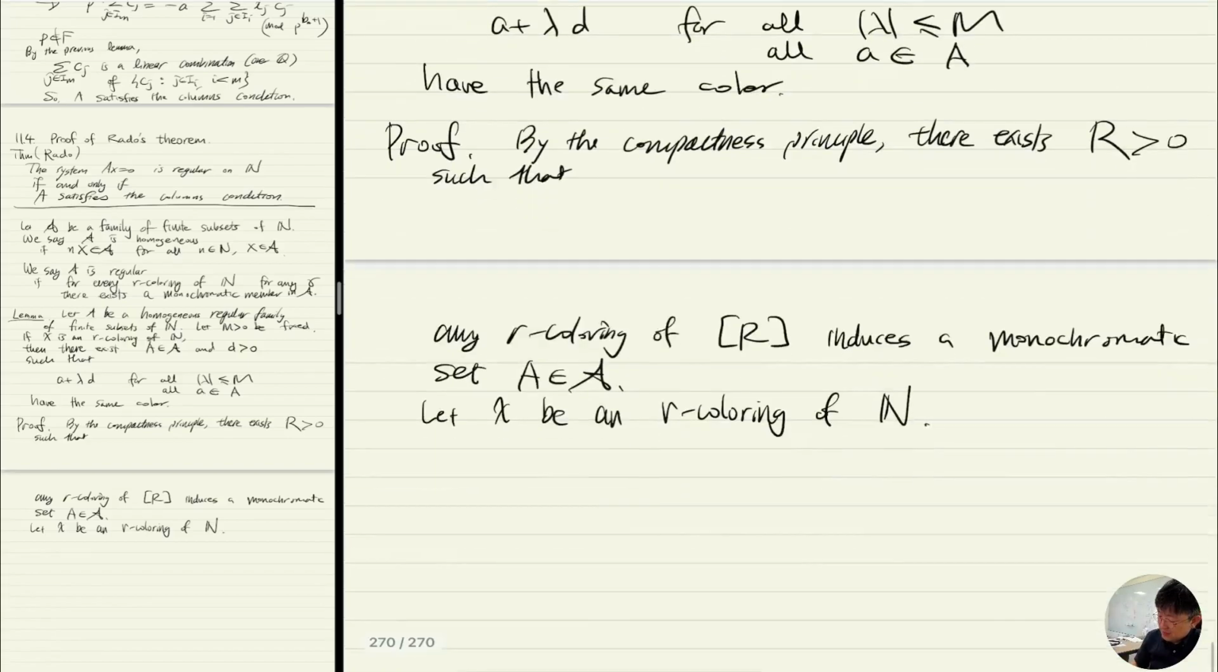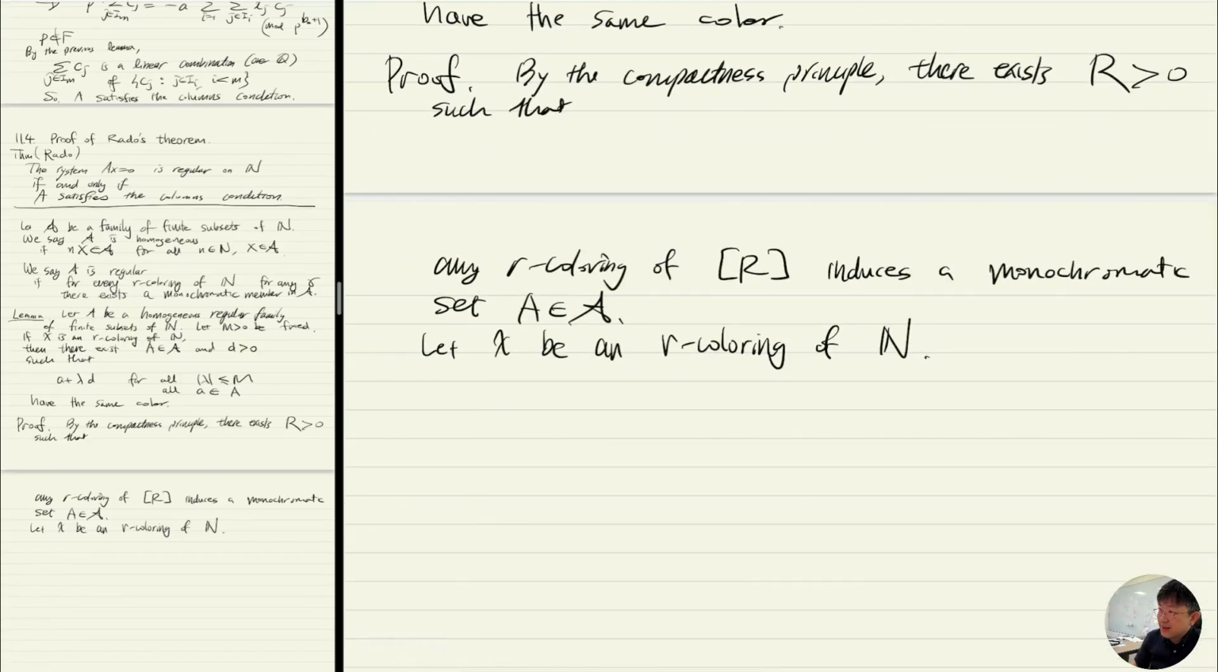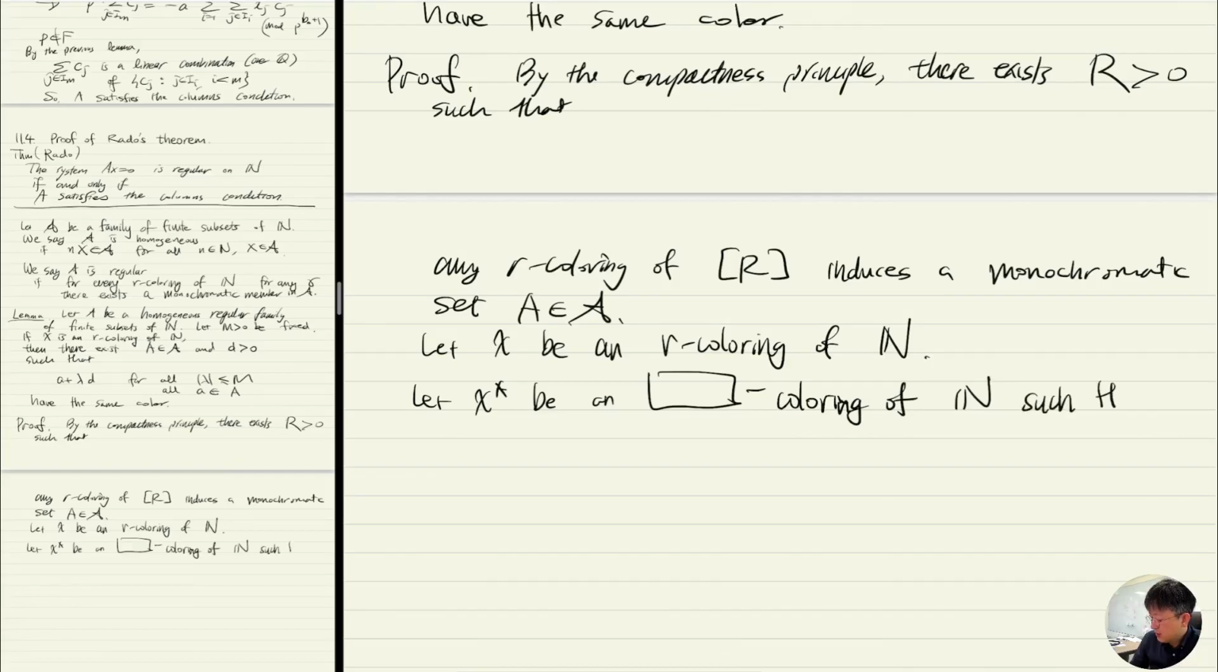Now, what we're gonna do is the following. We will define a new coloring, chi star, to be a coloring of N such that I want this property: chi star of alpha is equal to chi star of beta if and only if chi alpha is equal to chi beta,